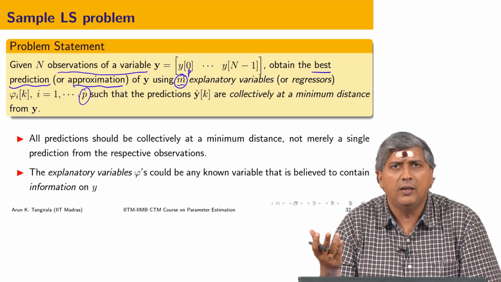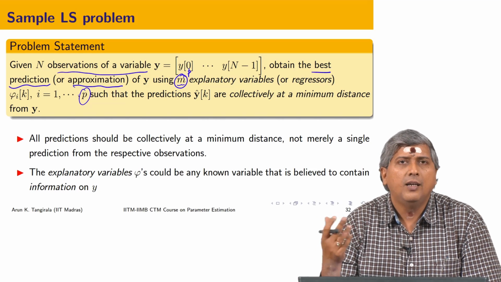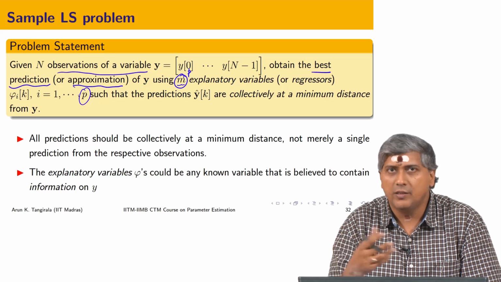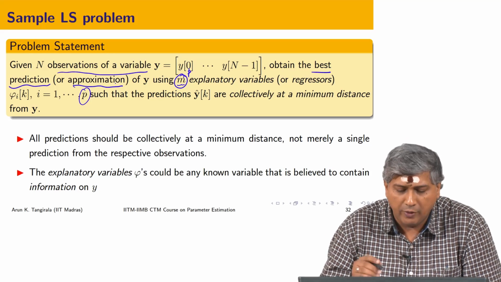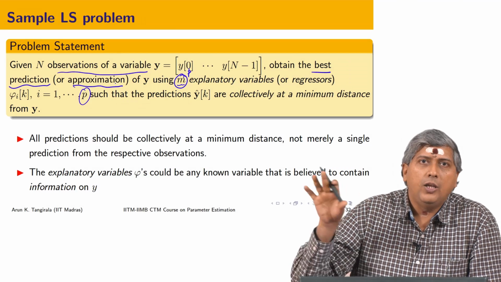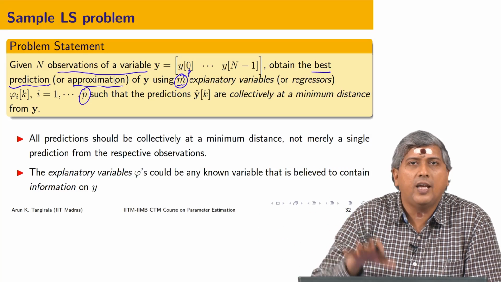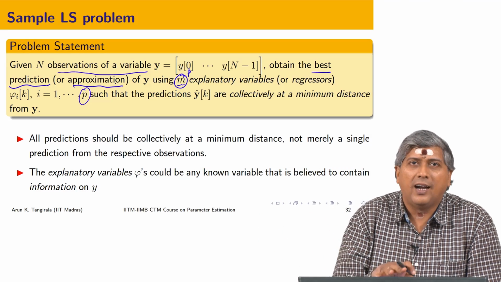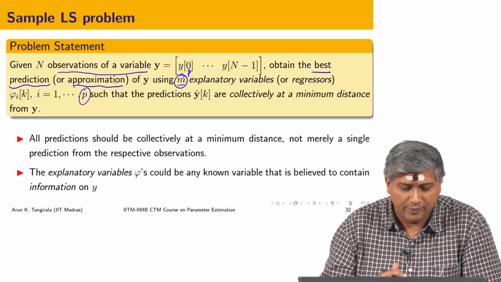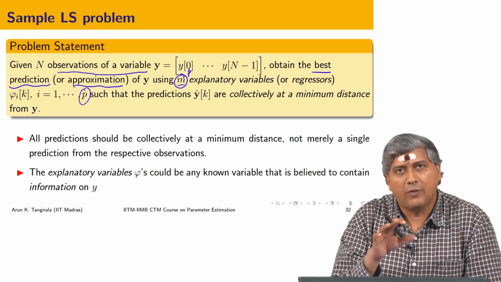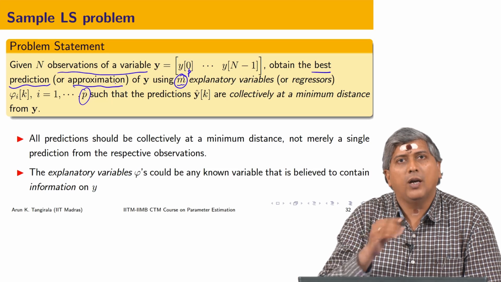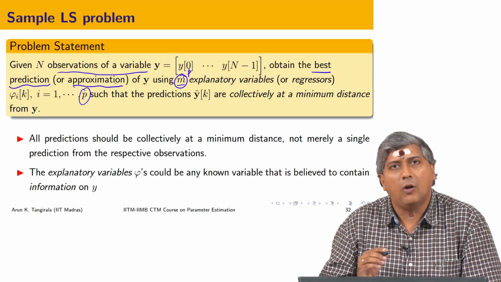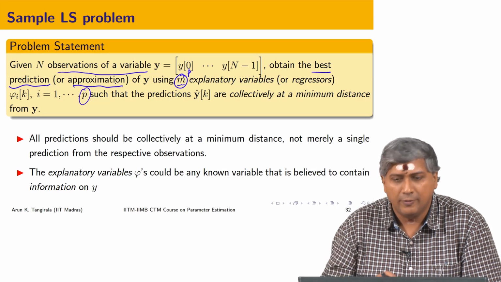If they could fully explain y, nothing like it, but the more general situation is that they cannot, and that is why we use the term approximation. So, whenever we try to explain one variable using a bunch of other variables, it is safe to assume that you are approximating and that you are not exactly explaining. Now, given that we have understood why we use the word approximation, we want to construct the approximation in some optimal way, in some best way.